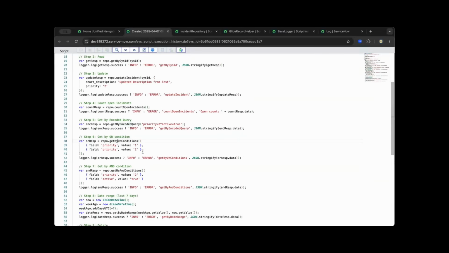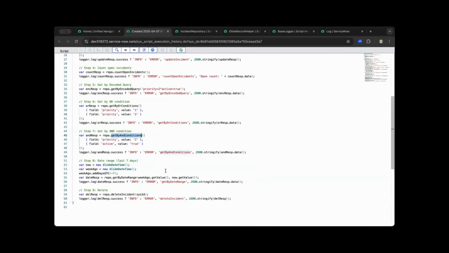You'll see here the two parameters that you can pass dynamically as well, and get by AND conditions. As we move forward, we also added a GlideDateTime date range, so on that date range, you can dynamically pass a specific date from and to be able to get those records